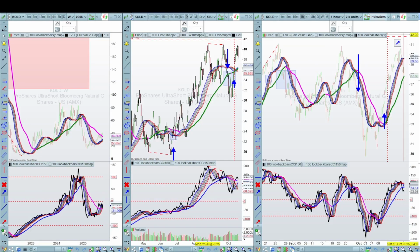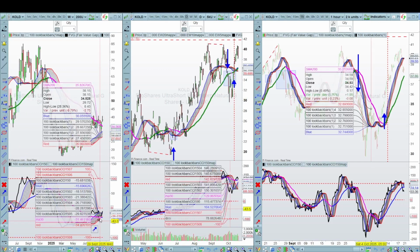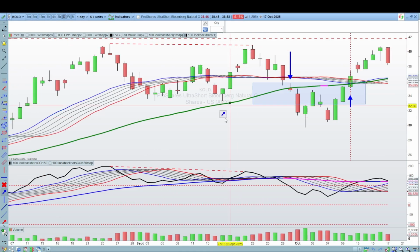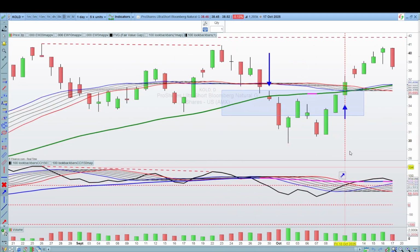For KOLD on the weekly, the price is above the moving average band, and so is a fresh breakout on the CCI, giving us a bullish momentum. So if you're trading on the daily, go in the direction of the weekly. On the daily chart, we've had a bit of a roller coaster here, short during this period when both the CCI and the price were below the moving average, finally breaking above,